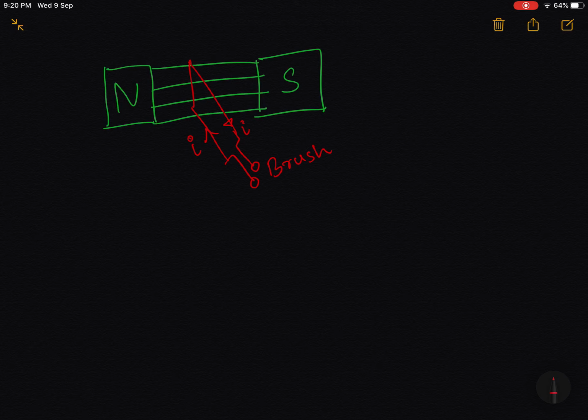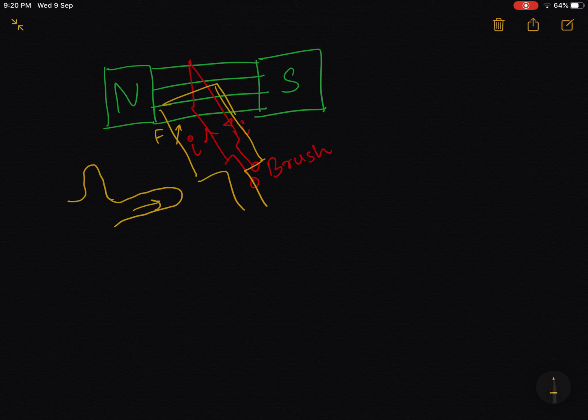Now let us say this coil was inserted into the magnetic field like this, and when there was a flux there was a force generating on it, the force F, right? Now if I place my thumb in the direction of this force and my pointer finger in the direction of the field, I'll get the direction of the current, that is from the middle finger will be like this. Okay,